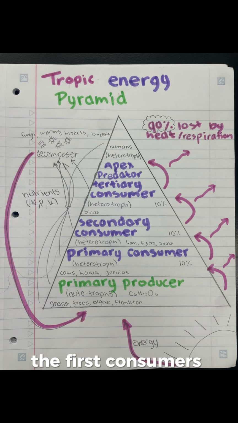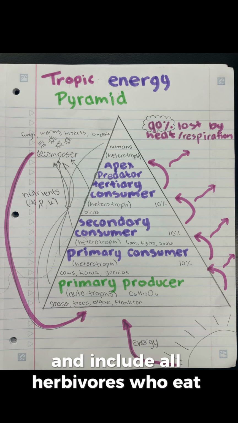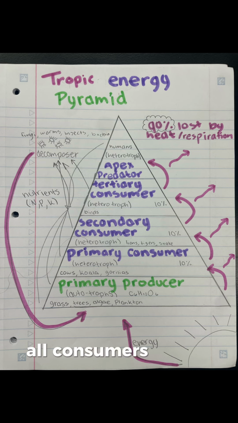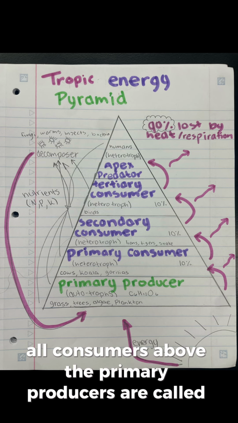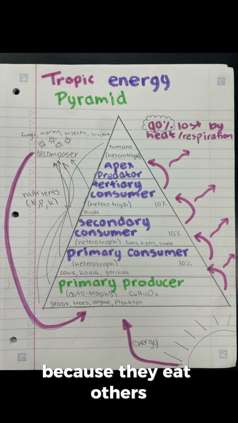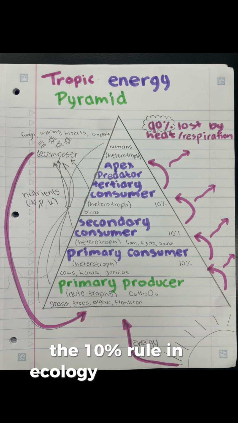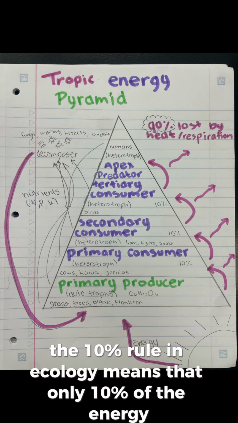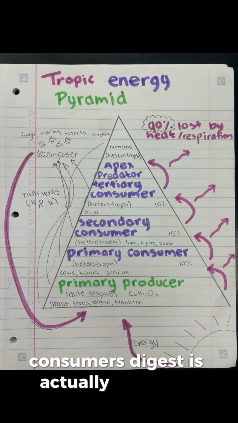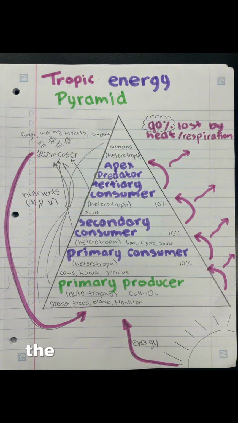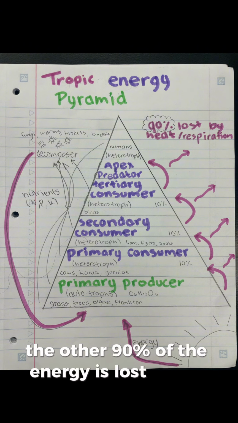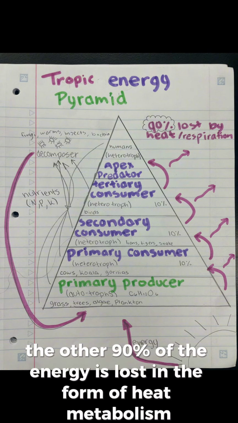The first consumers are called primary consumers and include all herbivores who eat vegetation. All consumers above the primary producers are called heterotrophs because they eat others. The 10% rule in ecology means that only 10% of the energy consumers digest is actually stored in their bodies. The other 90% of the energy is lost in the form of heat, metabolism, digestion,